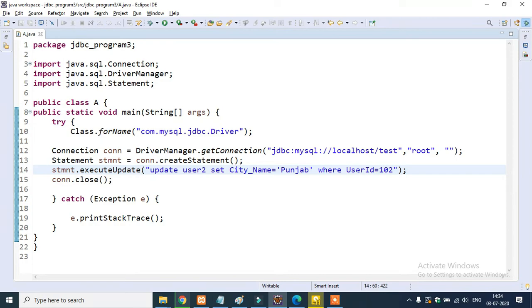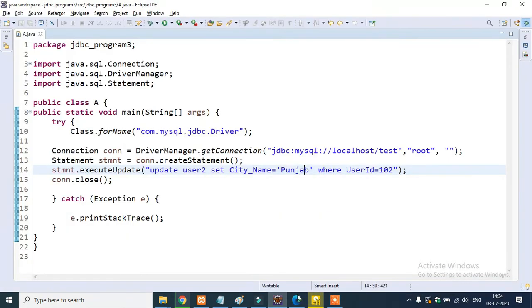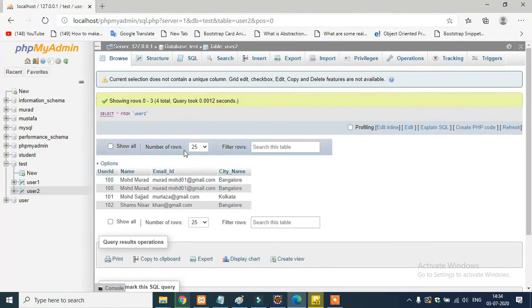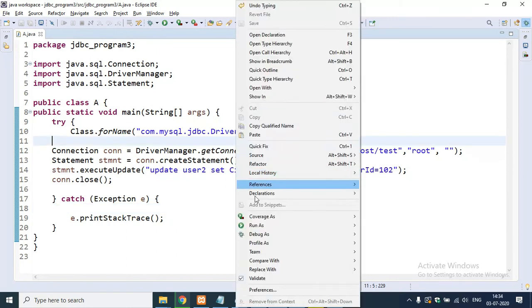Where user ID is 102, and when I click on user2, the Bangalore will be replaced with Punjab. It is not getting updated, guys. What is the reason? City name is Punjab where user ID is 102.